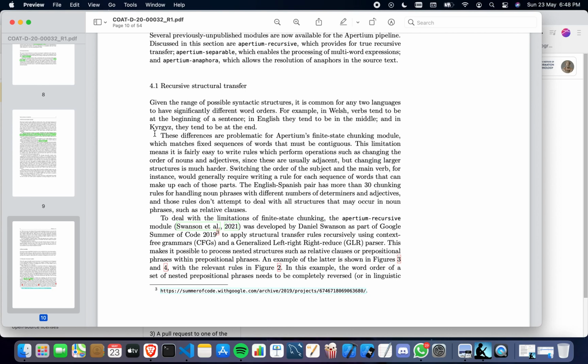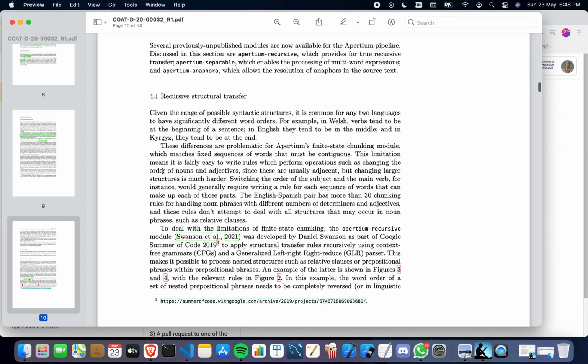Recursive structural transfer. Given the range of possible syntactic structures, it is common for any two languages to have significantly different word orders. For example, in Welsh, verbs tend to be at the beginning of a sentence. In English, they tend to be in the middle, and in this other language, they tend to be at the end. These differences are problematic for Apertium's finite state chunking module, which matches fixed sequences of words that must be